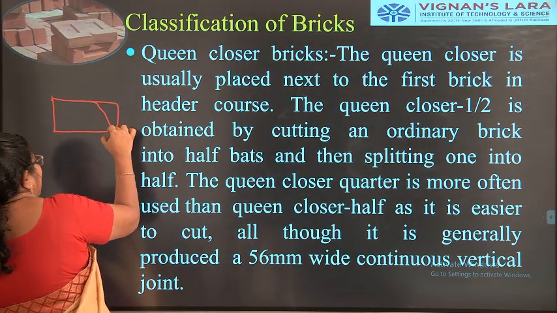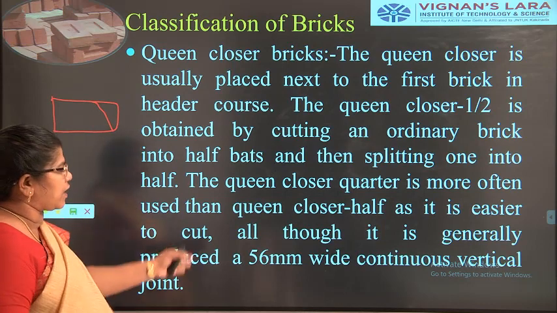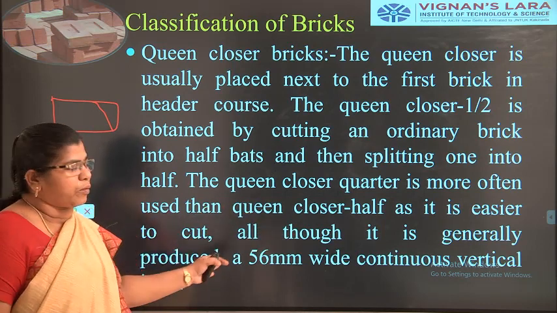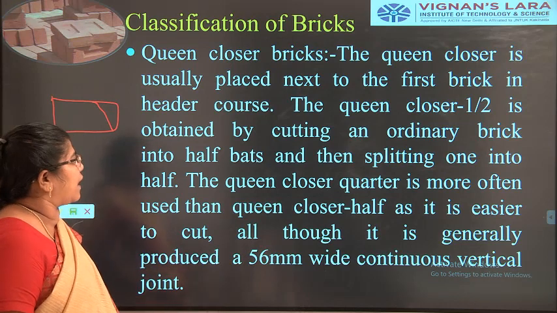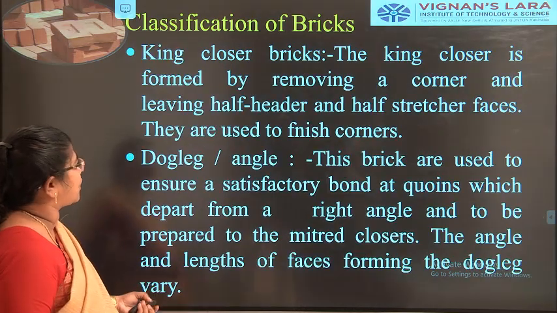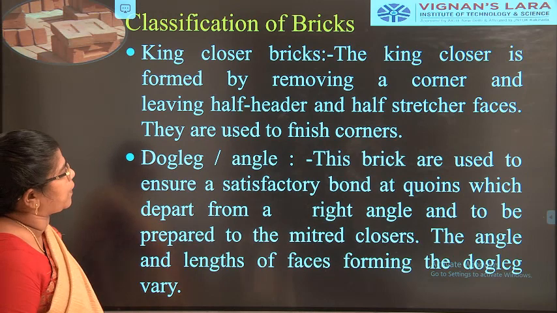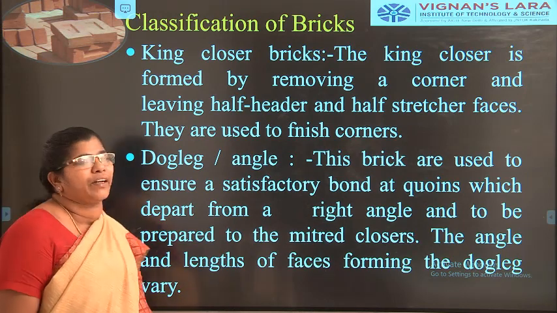So here the bricks will be like this. This is a closer quarter, which will be adopted in a queen closure bricks. And the next one is the king closure bricks. The king closure bricks is formed by removing a corner and leaving the half header and stretcher